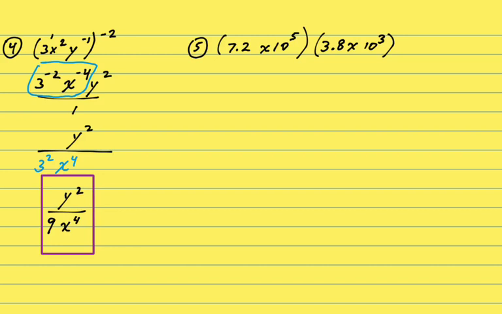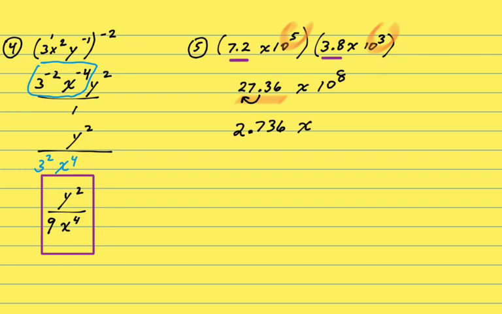On number 5, I'm going to multiply 7.2 by 3.8 and get 27.36. And this would be times 10 to the, when you multiply, you add exponents. So 5 plus 3 make this an 8. The only problem being this has to be between 1 and 10. So if I move the decimal one place, it would be